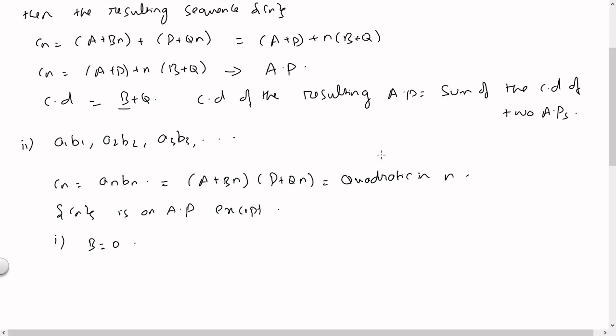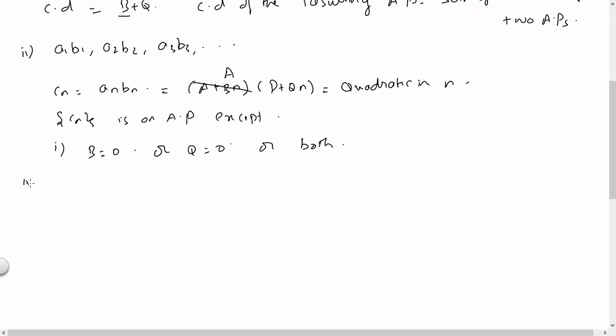Then all the terms of the first sequence will remain the same, equal to a. Now a into a linear expression will give you a linear expression, which would mean that since Cn is a linear expression, the resulting sequence is an arithmetic progression. So this holds when b is equal to 0, or when q is equal to 0, or both. In these cases, one of the two APs will be a constant. So in effect we are just multiplying the terms of an AP with a constant number, which gives another sequence whose terms are also in AP, which we have already seen.